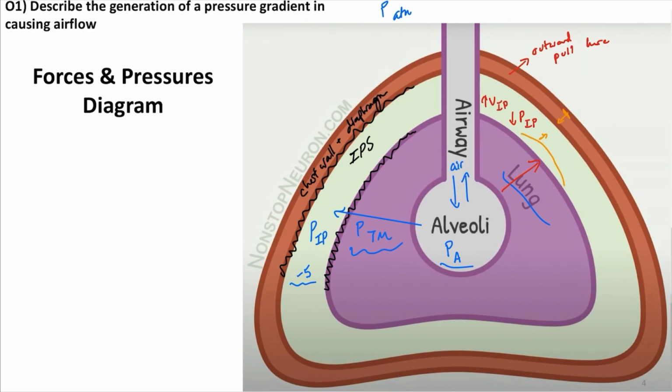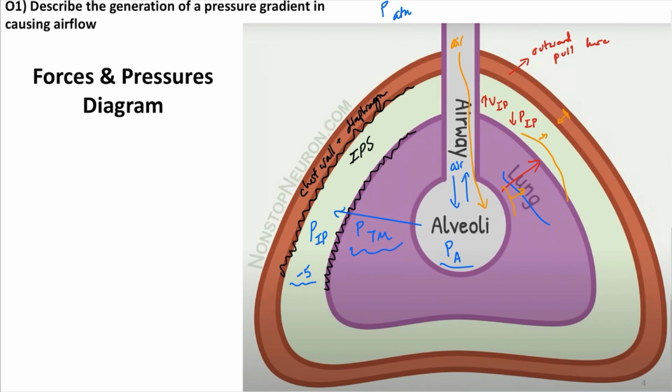And so you would have this increase in the actual lung space. And then with the lungs being pulled outward in this simplified model, you would then pull out the alveolar diameter this way as well, which is going to then pull air